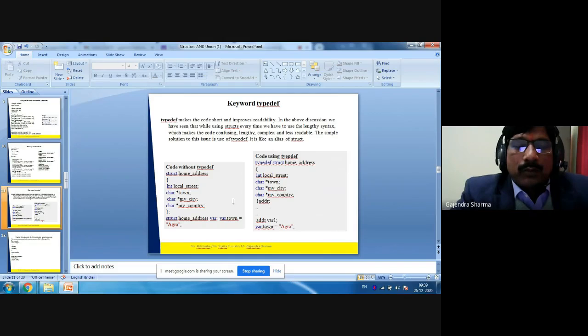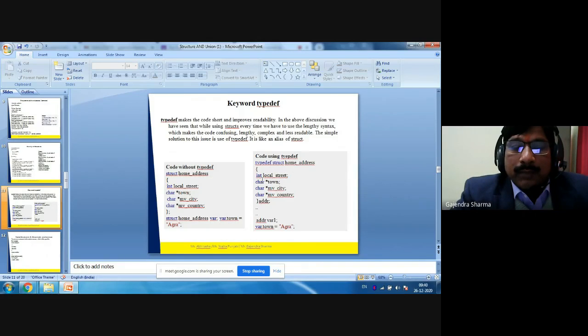Okay, code without typedef: struct home address. This is the tag name of the structure. Inside: int local, street, char town, char city, char country. Struct home address where, and where.town equals Agra.